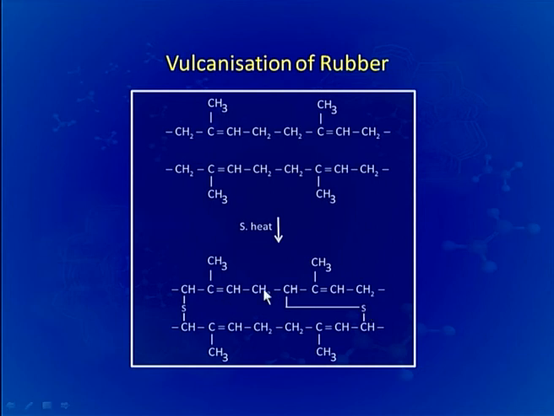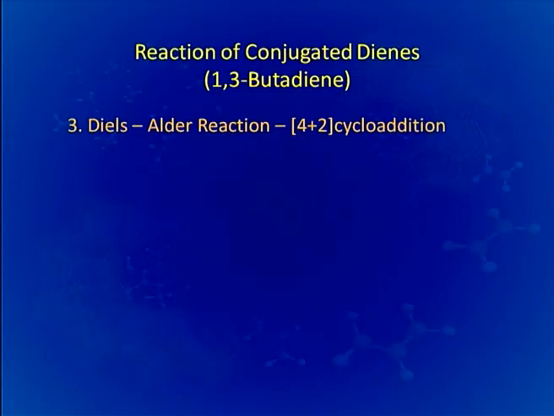Due to this cross-linking, the rubber becomes hard and strong. So, the strength of the rubber can be improved by adding sulfur at high temperature. It is the percentage of sulfur and the temperature which will govern the strength of the rubber formed. These cross links make the rubber very hard, since independent chains are now locked together to form a giant single molecule.